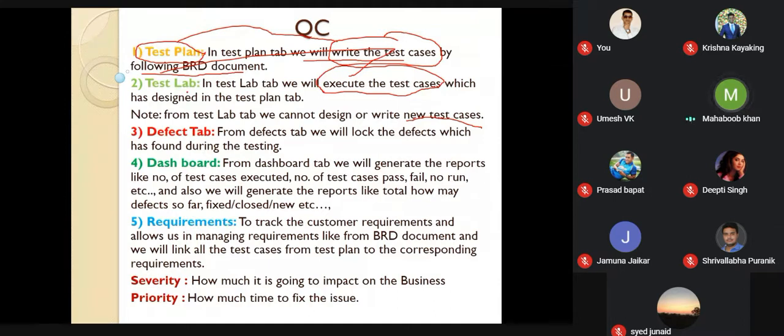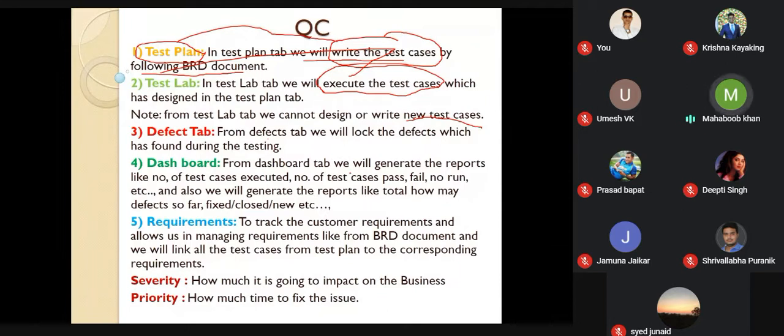If you want to create a new case, you should go to test plan. From the defects tab, we will log the defects found during the testing. During the testing phase, we will be logging the defects.